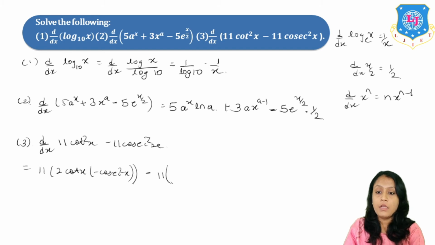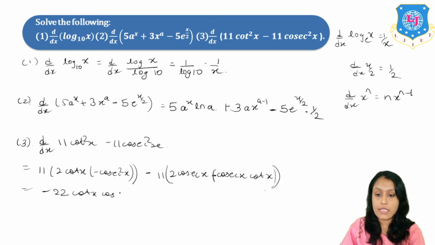Okay, now bring this 2 over here. So this is 2 cosec x. Now again the derivative of cosec x is minus cosec x cot x. So minus cosec x cot x. Now here just bring it over here, negative sign, so minus 2 cot x cosec square x. And this minus minus will become plus, so 2 cot x into cosec square x, right? So these two will get cancelled, so the final answer is 0.